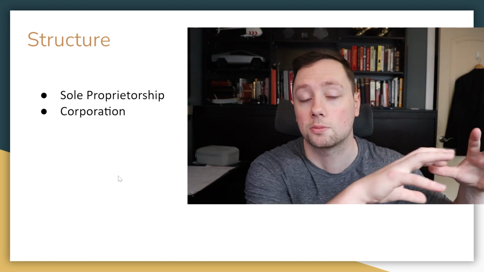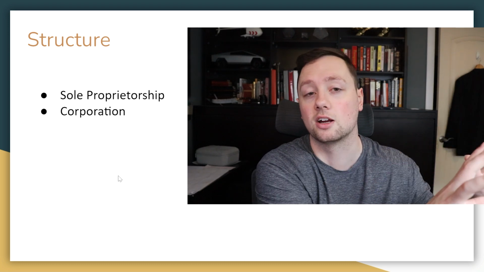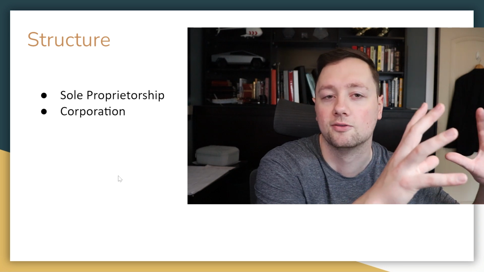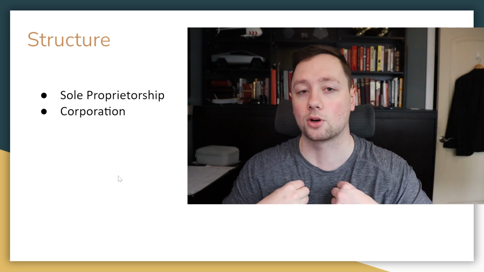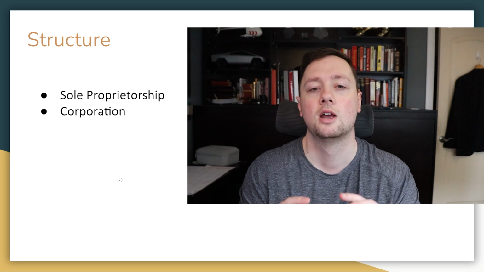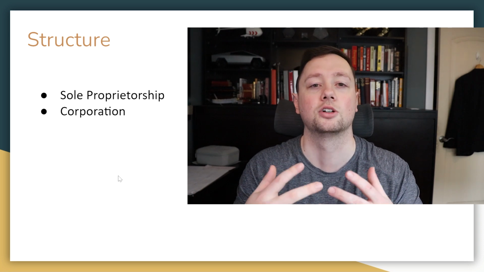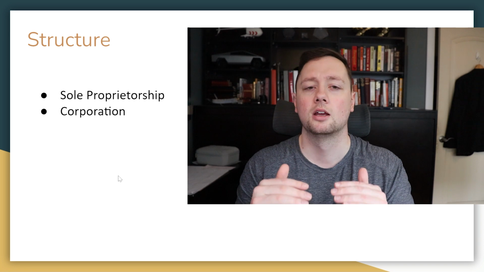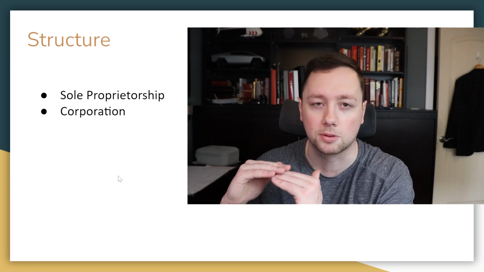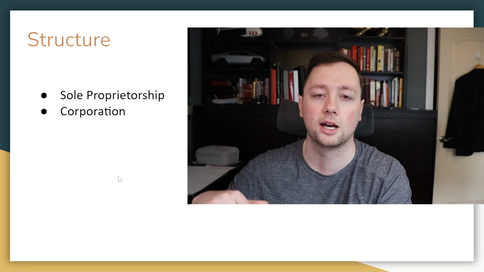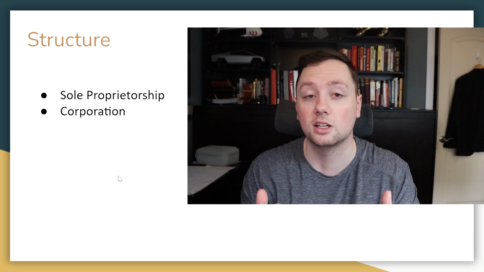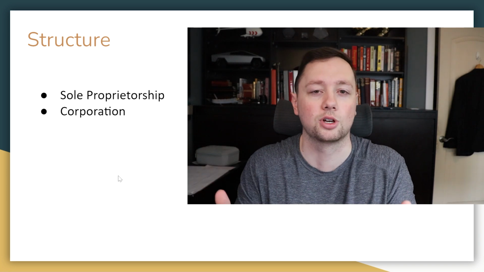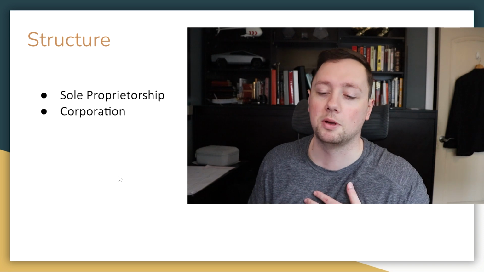I do have corporate investments though that are also very, very nice because I can use that money and invest that money before paying personal income tax on that. And so depending on your lifestyle, depending on your business and how complex it is, you probably want to just start off by filing personal income tax, then a sole proprietorship, then a corporation. It really depends on how often you're trading and what your life looks like, but that would be my best advice.